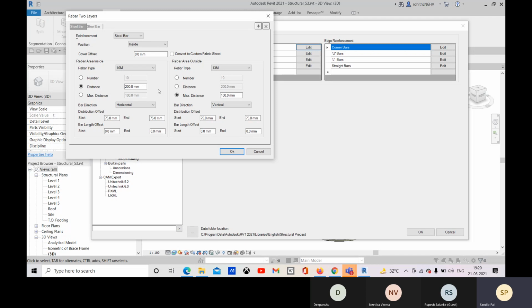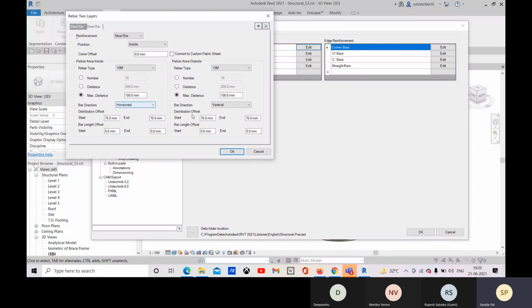I hope you remember this while placing the reinforcement; we had these kinds of things there, right? So there we can mention the maximum distance. If you mention the maximum distance, it will maintain that distance, and within the total length of your wall, it will create the total number of steel members according to this maximum distance.